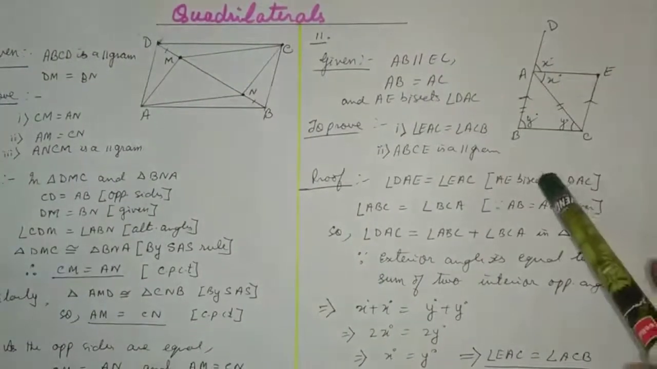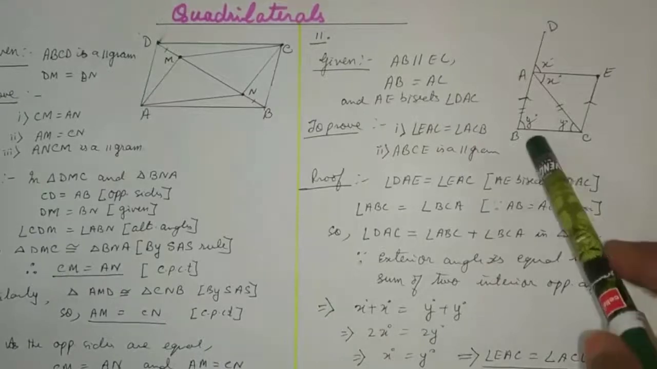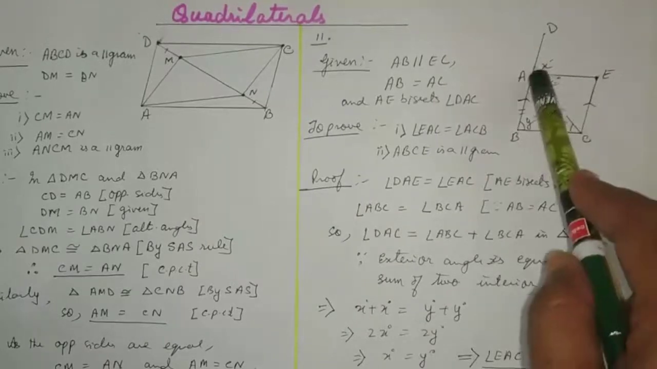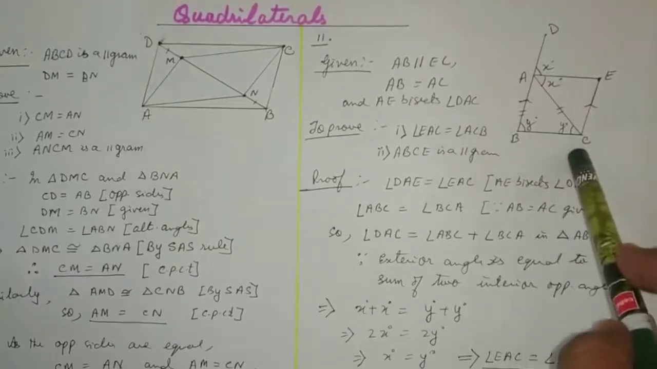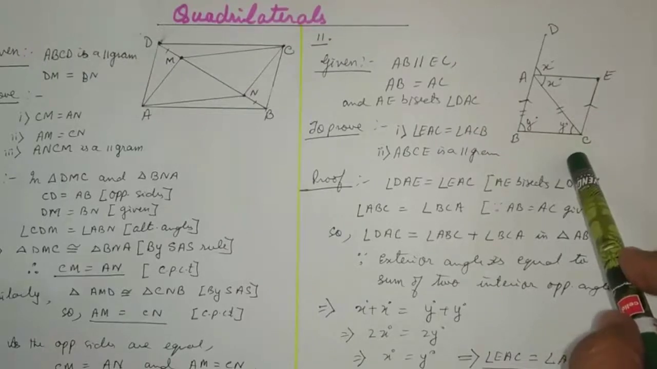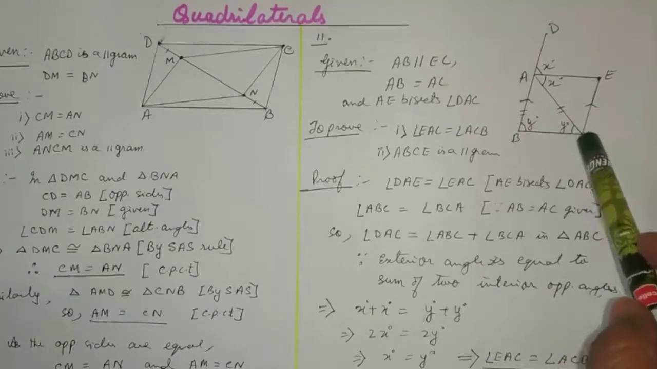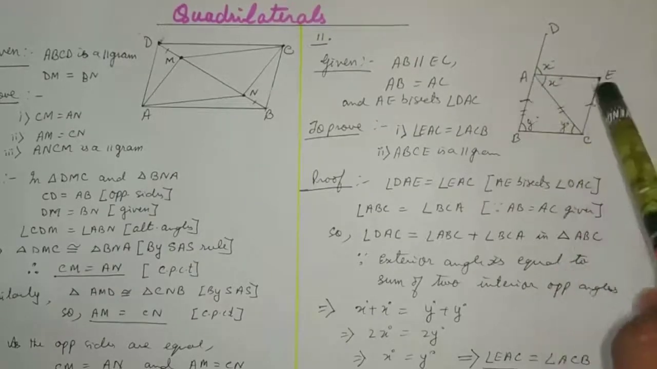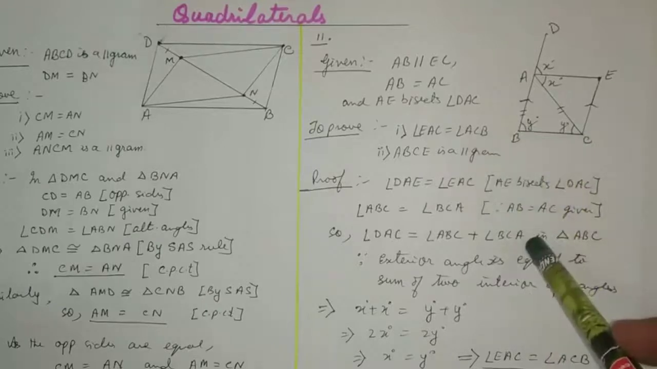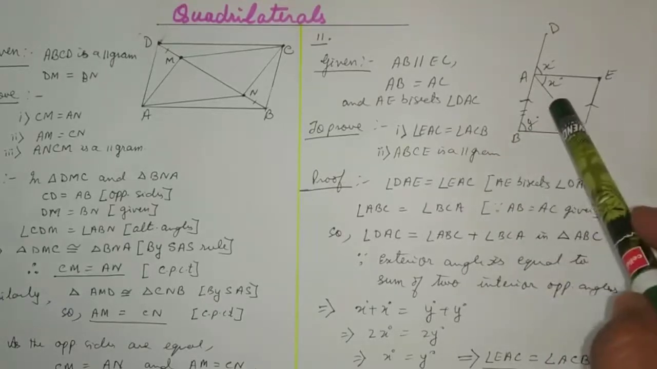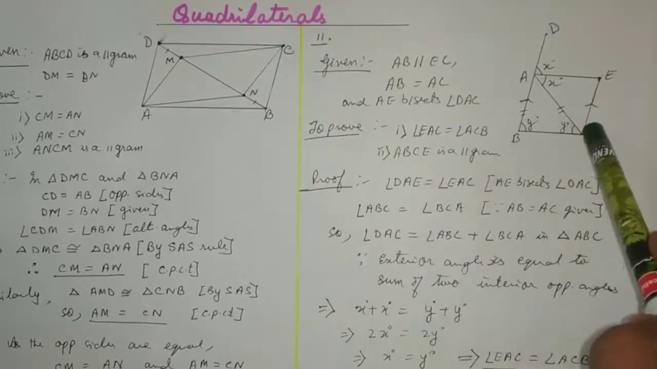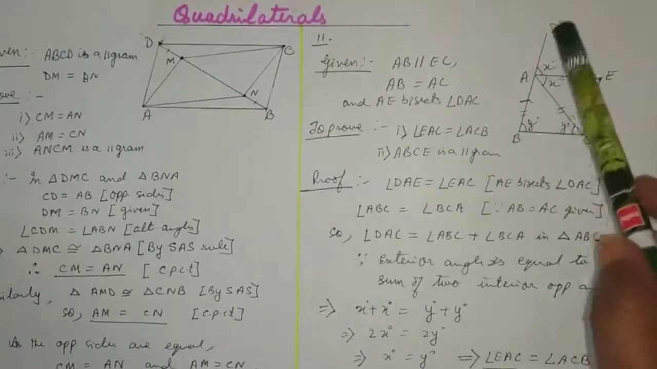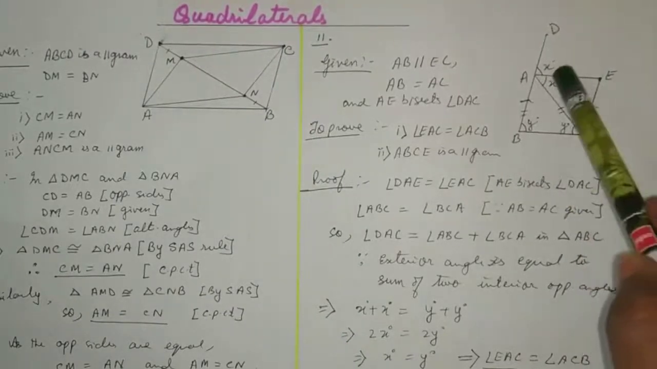Now the next question, number 11, where the figure shows that AB and EC are parallel and AB and AC are equal. You have to prove that angle EAC is equal to angle ACB and ABCE is a parallelogram. So according to the question, angle DAE and angle EAC, which I have mentioned as X